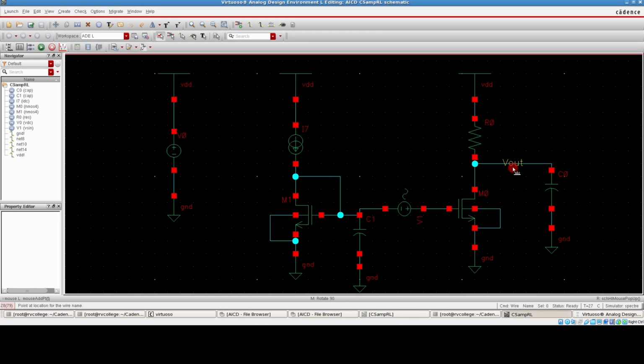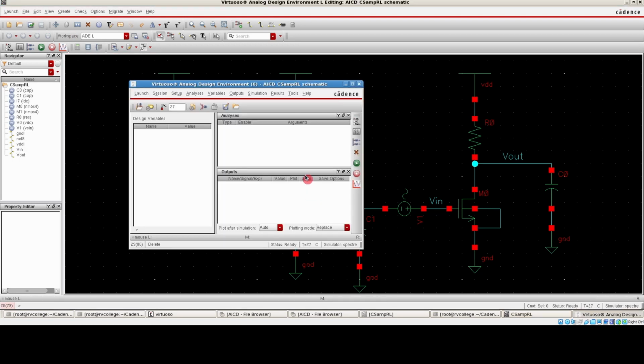Okay, so let me label the wire at the output as Vout and the wire that goes at the input of my gate as Vin. Okay, so again click on check and save and then come back here, and then I'm just going to enable two